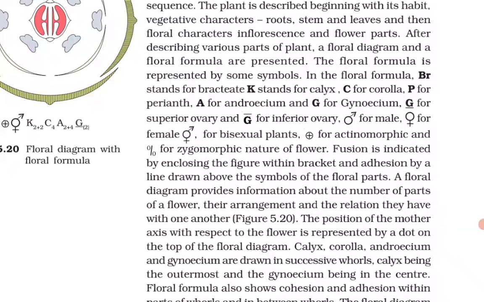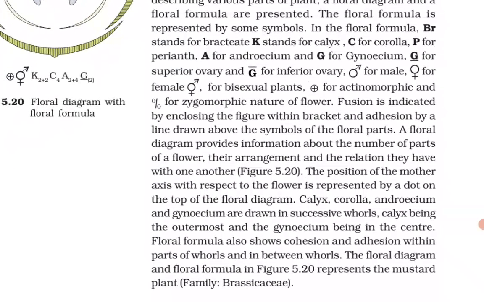For bisexual plants, this is the symbol, and this symbol for actinomorphic and this symbol for zygomorphic nature of the plant flower. Fusion is indicated by enclosing the figure within brackets and adhesion by a line drawn above the symbols of the floral parts. A floral diagram